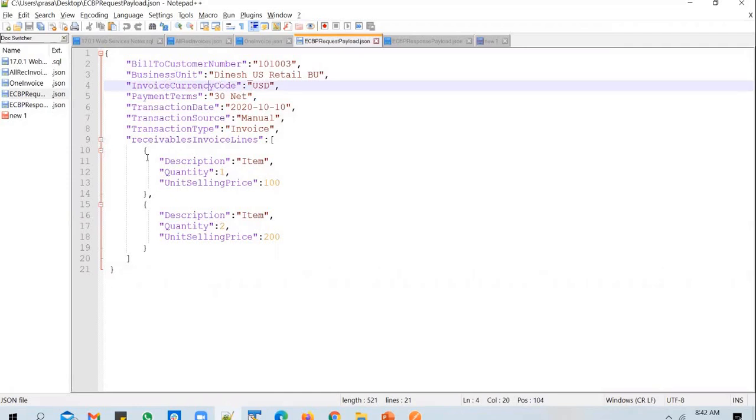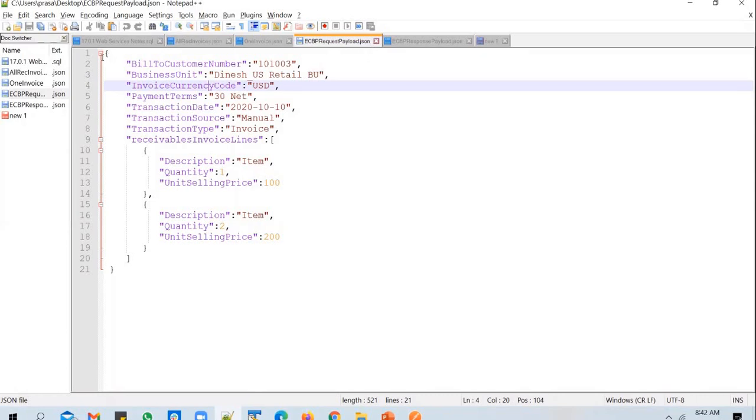And if you look at the payload, it's quite lightweight when compared to XML, right? If you look at the XML payload, for each and every tag, you had the start tag and you had the end tag also, right? And between those start and end tags, you had the actual value. But you don't have all that nonsense with JSON.